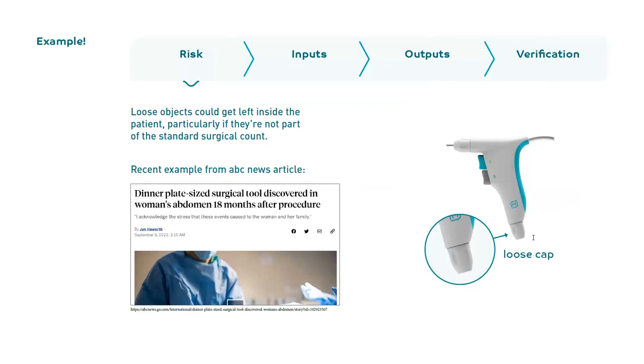So one of the risks that we identified for the project was loose objects can get left inside the patient after surgery if they're not part of the standard surgical count. So the standard surgical count is things like swabs and sutures and blades. There was a recent example this year where a poor woman gave birth via cesarean section, and a device called an Alexis wound retractor was left inside her. It's quite large. It's like the size of a small dinner plate. A baby can fit through it. It was left inside her abdomen